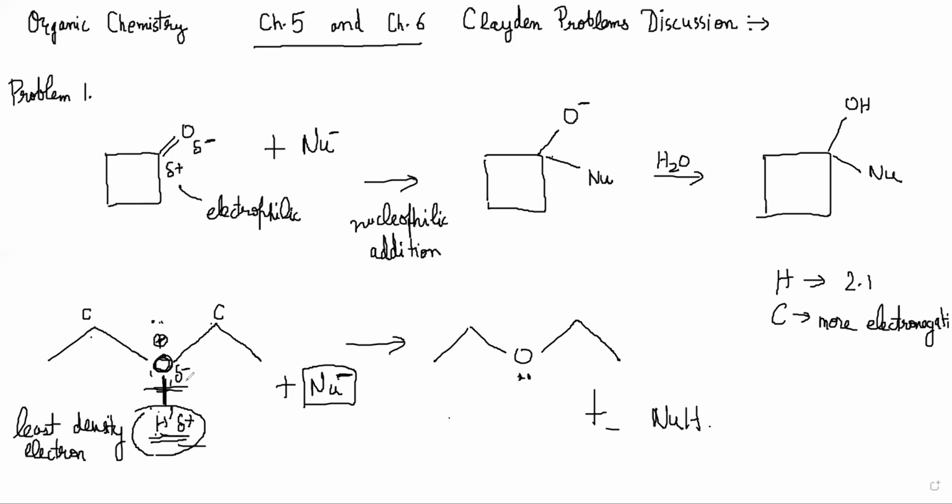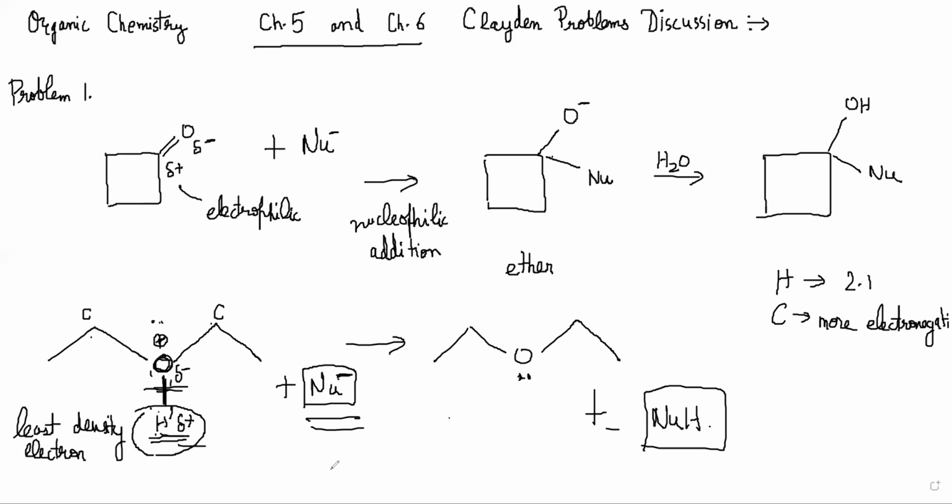However, the nucleophile will not attack the oxygen atom, because the oxygen atom will pull away electron density from the single bonds. It will not stay plus on the oxygen. So it is more likely that the plus is on the hydrogen connected to it, and therefore hydrogen plus can come out and bond with the nucleophile. This becomes NuH, and this is called an ether. ROR is ether, I think. So this is the second one.